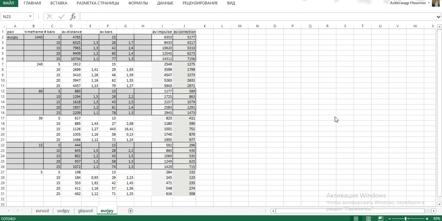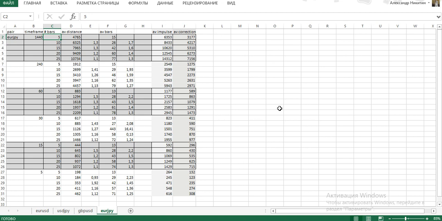My name is Alexander Nikitin, and in today's video I will do the research for Euro Yen. I already calculated the average swing and the average duration of swing on different time frames for this pair on different algorithms. So here are the numbers. This is daily, 4 hour, 60, 30, 15 minute and 5 minute time frames. These are the average swings, and here's the period of